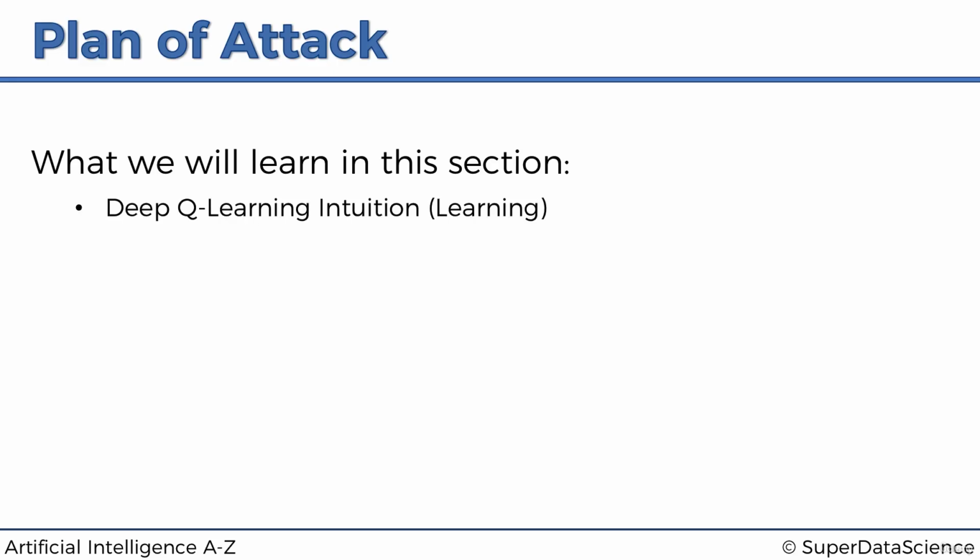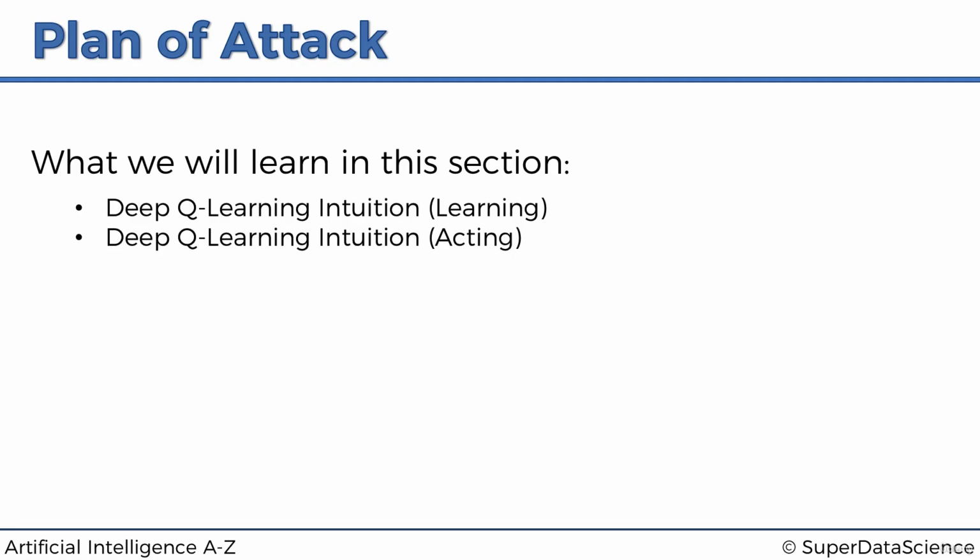So we're going to separate deep Q learning, the intuition behind it, into two parts, the learning and the acting. And we're going to have two tutorials on that. So first we'll understand how the neural networks actually learn and how they update their weights based on what we are feeding them in and how the whole concept of Q learning works. So how we're going to take the temporal difference concepts that we discuss in simple Q learning, we're going to apply them into deep Q learning.